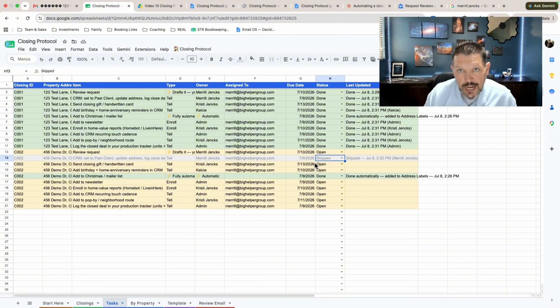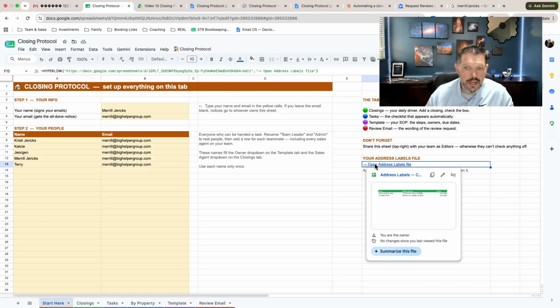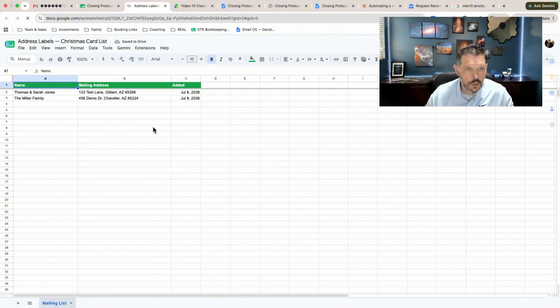Now, one of the other tasks that I didn't get a chance to show you yet was adding them to your mailer/Christmas card list. So one of the things that happened when we created this sheet with all of that code automatically, if you come back to the Start Here tab, is it automatically created an address labels file for you. So you can click this also and open it, and you've already got a list of your clients along with their mailing addresses so that you can easily print address labels or something like that when you're getting ready to